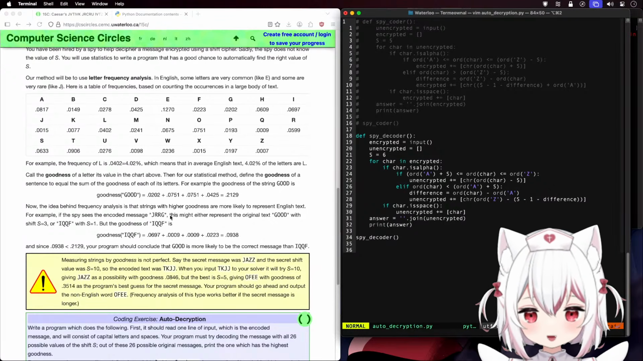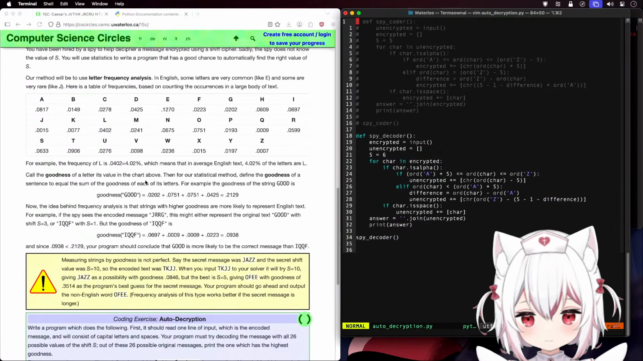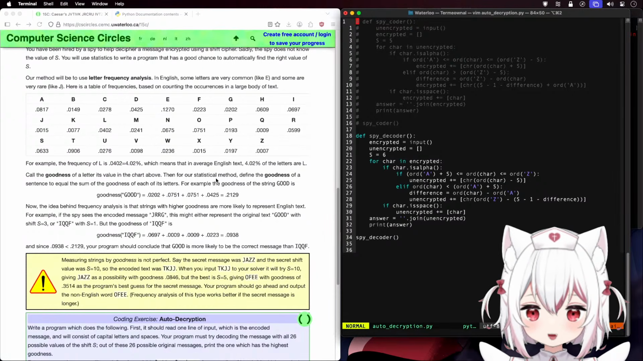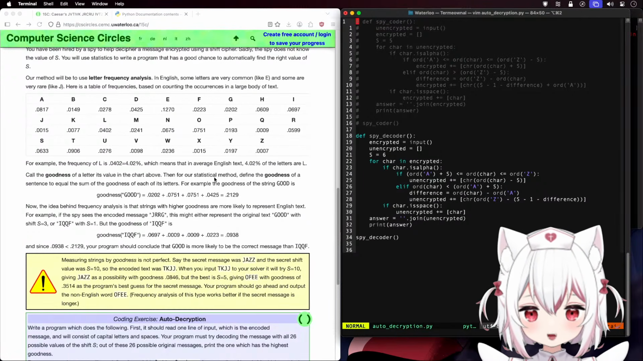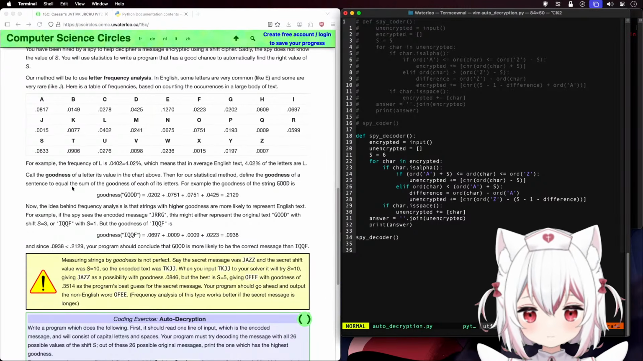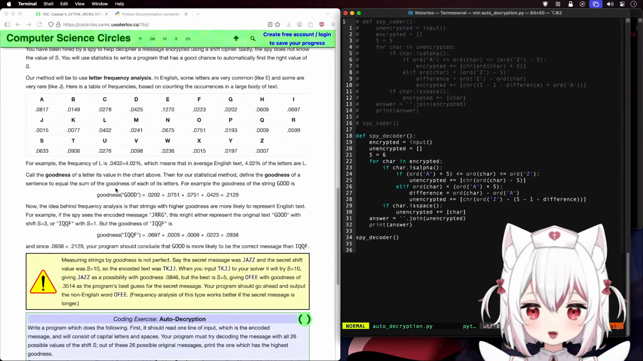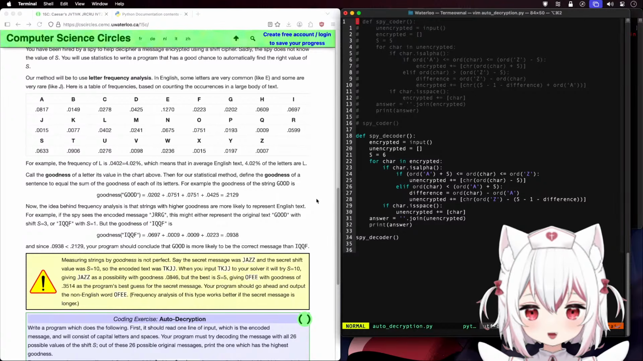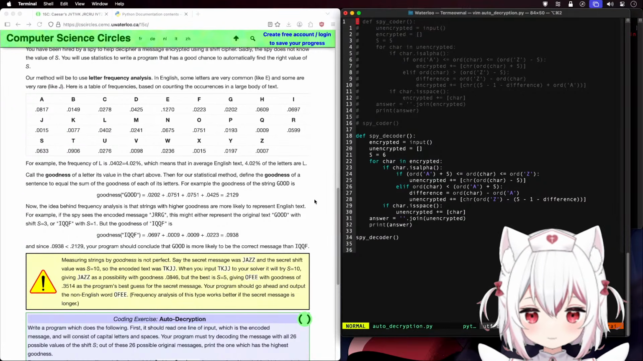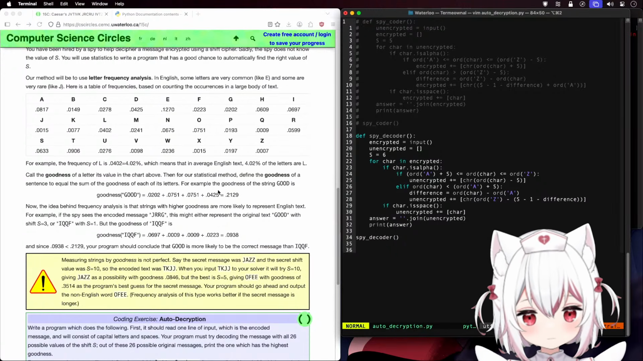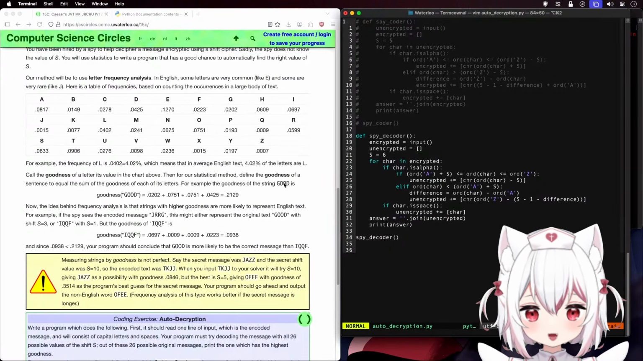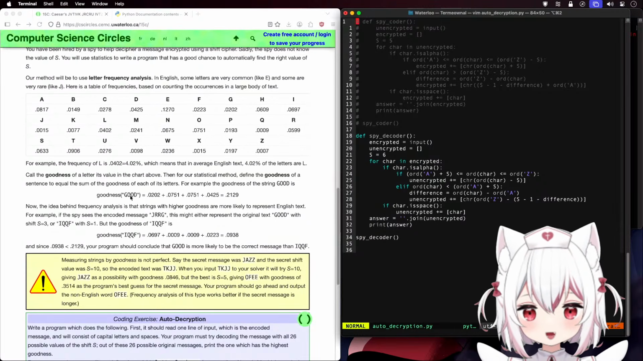Call the goodness of a letter its value in the chart above. Then, for our statistical method, define the goodness of a sentence to equal the sum of the goodness of each of its letters. Okay. The goodness of the string good is goodness good